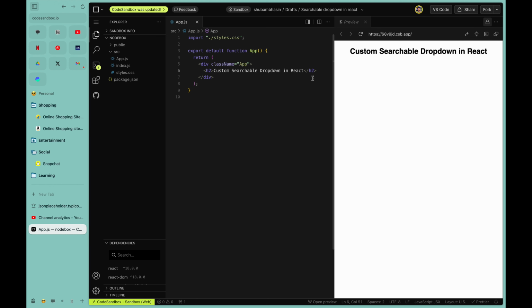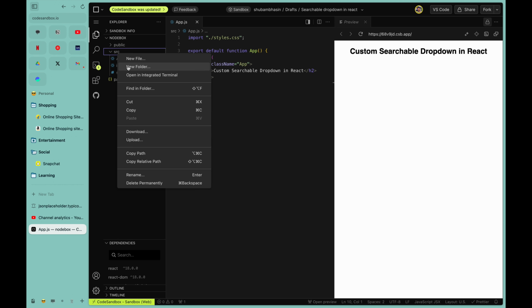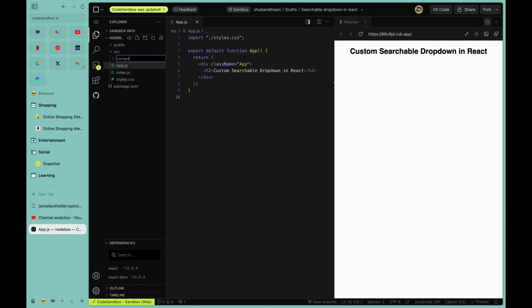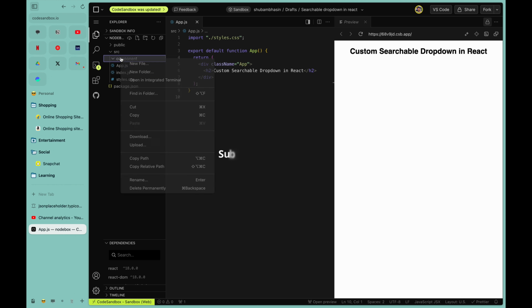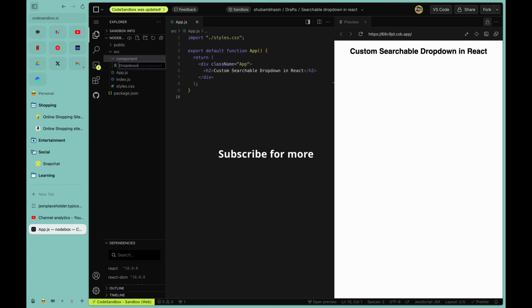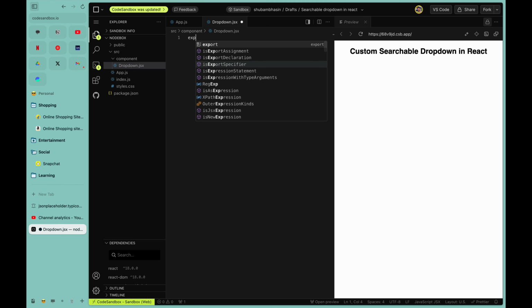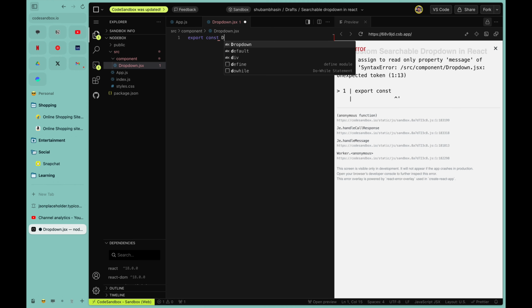So now let's learn how to make this dropdown. First of all, we will create a new component right over here. Let's create a new folder first. That's the best practice, right? So we'll create a new component folder, and inside the component folder we'll create our component, that is dropdown.jsx. In dropdown.jsx we'll simply export the component Dropdown, which is going to be a component, and